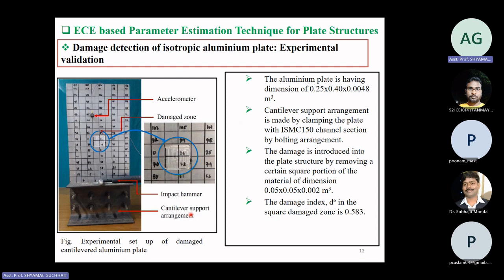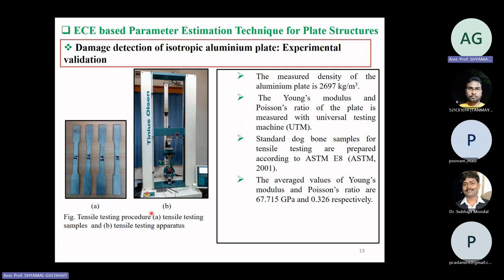Now our target is to detect the damage position with experimentally found natural frequencies and mode shapes. So how to do this? Next lab we can learn. Before doing this, first we have to perform some standard tests to calculate the density of the material. We have taken aluminum, and we have found that the density is 2697